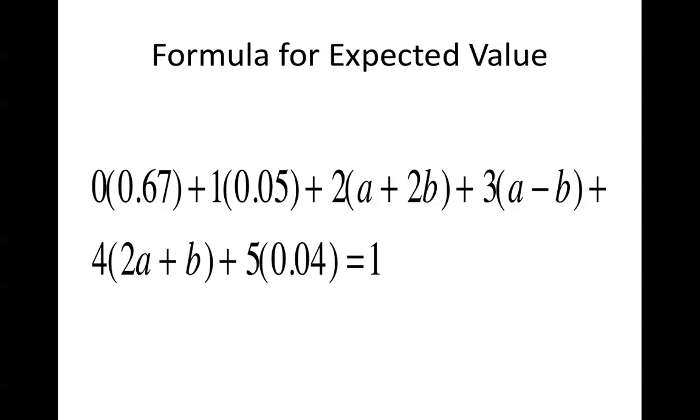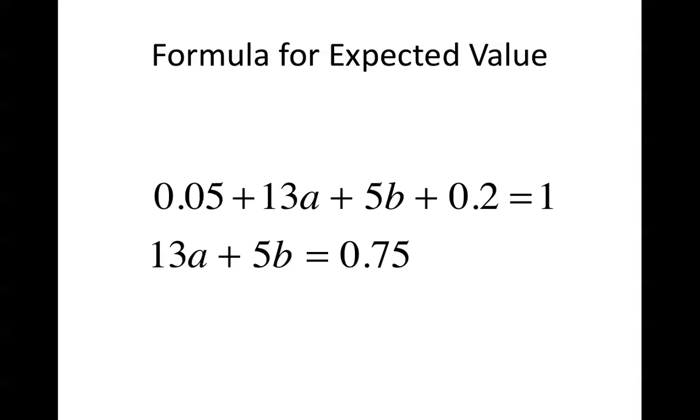Now, if you do all the multiplication and you simplify, you should end up with an equation that looks like this, which is 0.05 plus 13a plus 5b plus 0.2 equals 1. And if you move the two constants over, you should have 13a plus 5b equals 0.75. Now, in order to solve for a and b, you should just use